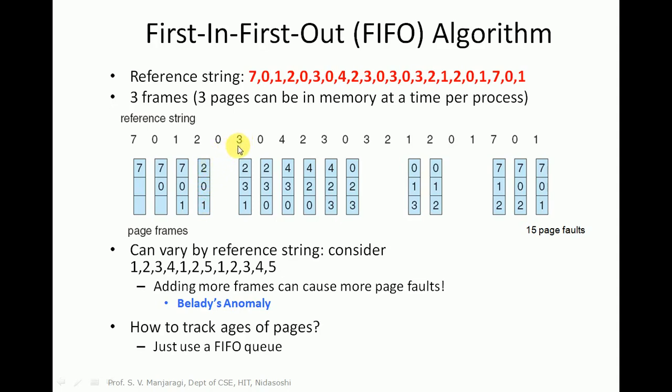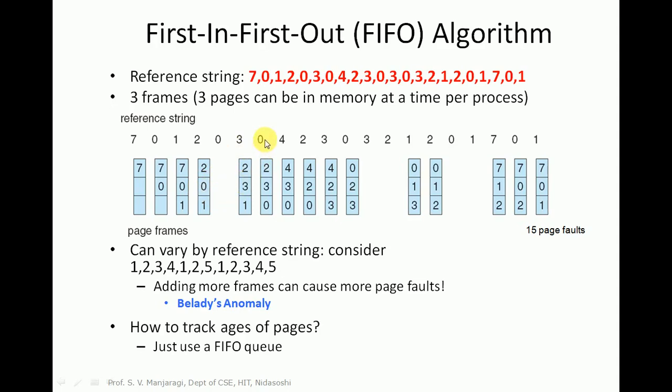So which frame is going to be replaced here? Let us see. Which is the older reference made here, that is first in first out. So 2 is recent, and we go for 0. We select 0 as the victim, it will be swapped out, and we swap in 3 here. 0 is replaced with 3.